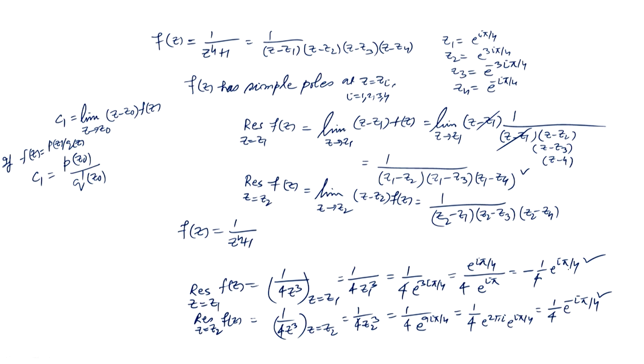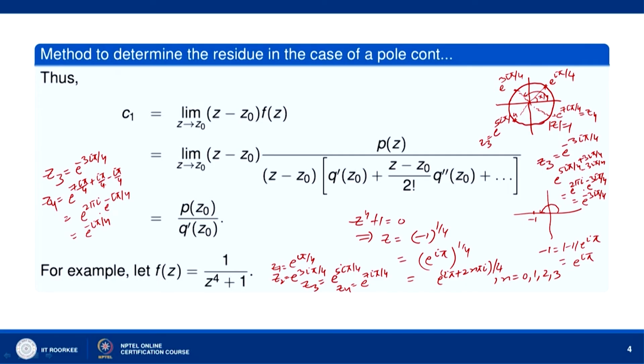We use this formula, this one, okay, this formula we use when z minus z naught is given as a factor of f z. Like say we will see some examples later, there it is better to use this formula, not this one. Okay. So, we will see a problem like that. But here in this particular problem where f z is 1 over z to the power 4 plus 1, we need to use this formula to obtain the residues easily. Okay. So, this formula is very useful in some cases.